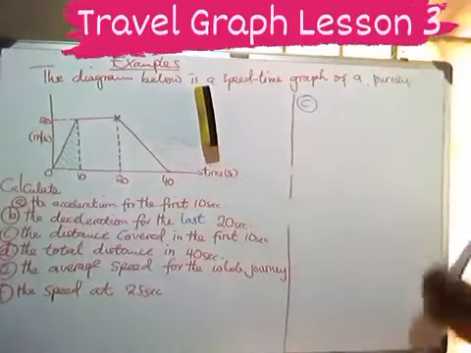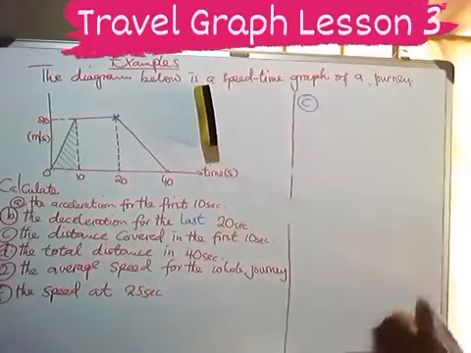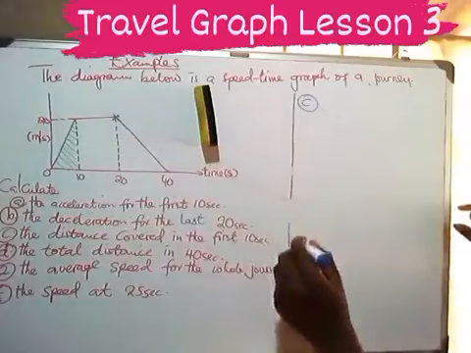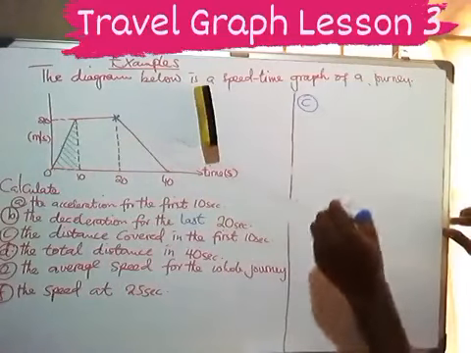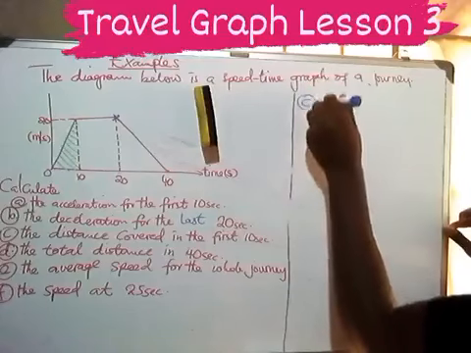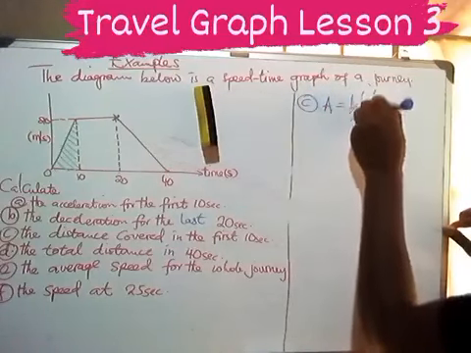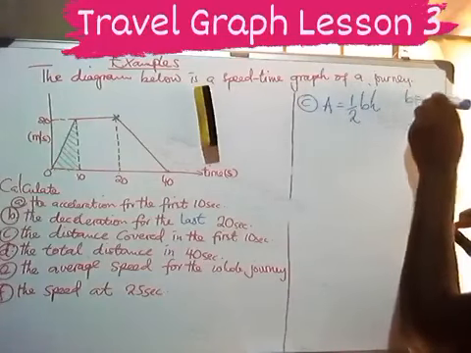This is the shape we have. Now, what kind of a shape is that? The shape which has been formed there is known as a triangle. So the area of the triangle has the formula 1 over 2 BH, where our B is from 0